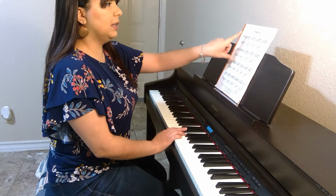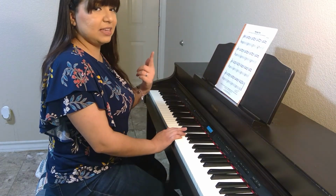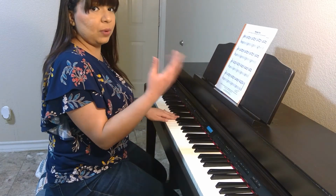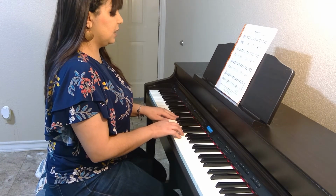So I'm going to go ahead and play from measure 1 to 8 consistently so you can hear what that sounds like. I'm going to do this with my left hand, but I want you to pay attention to the right hand. So from the beginning, here I go. 1, 2, ready, and...